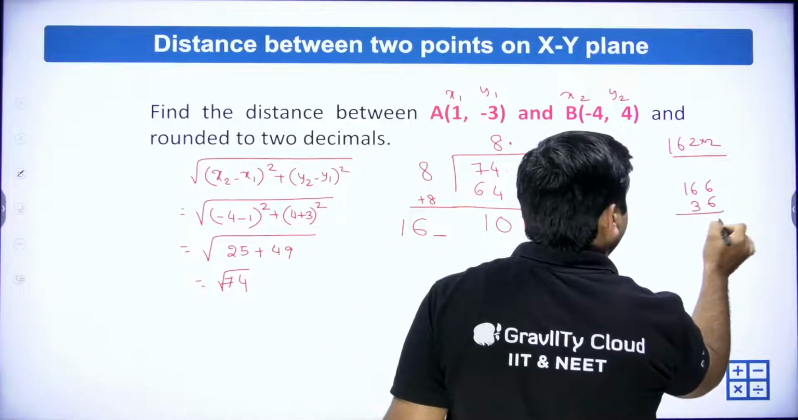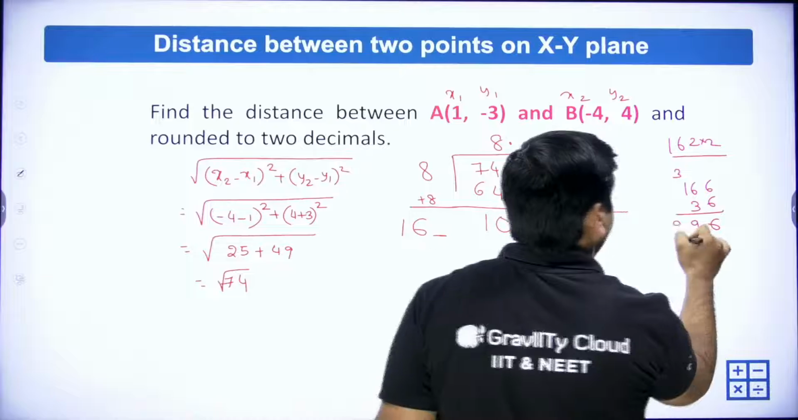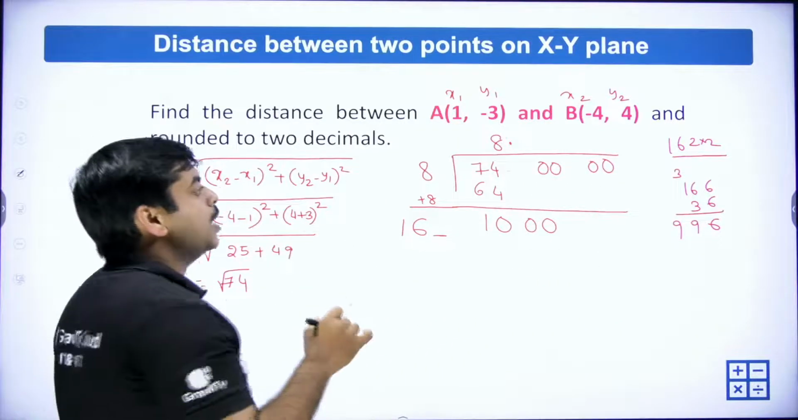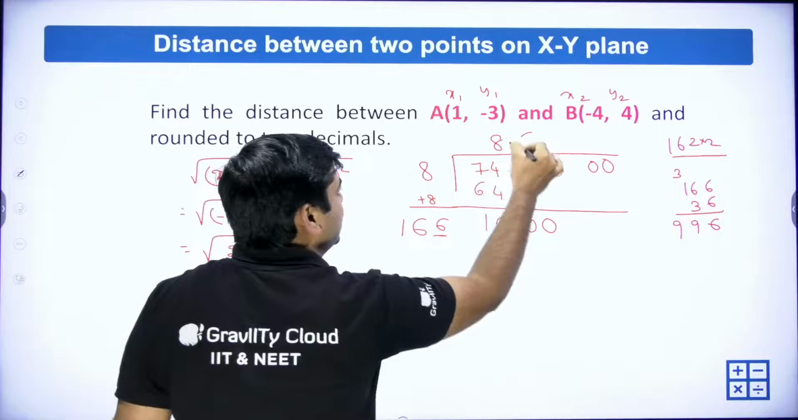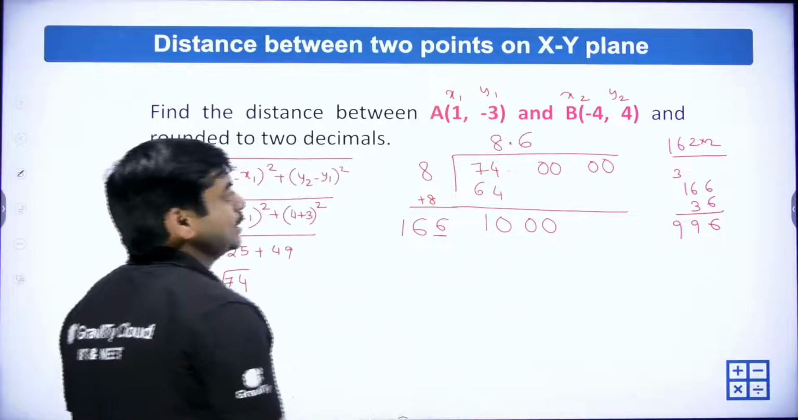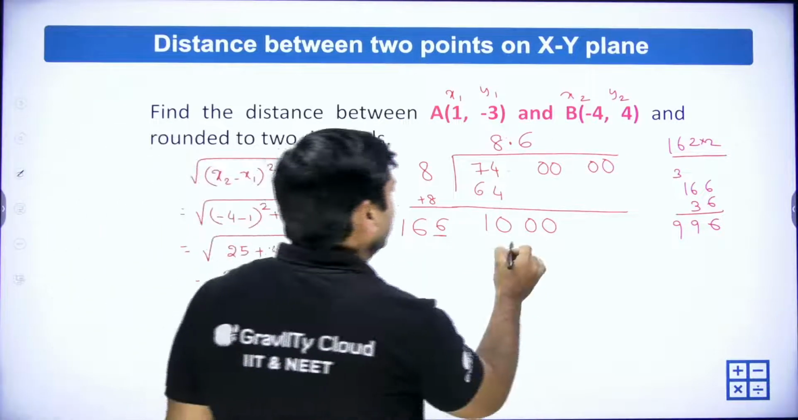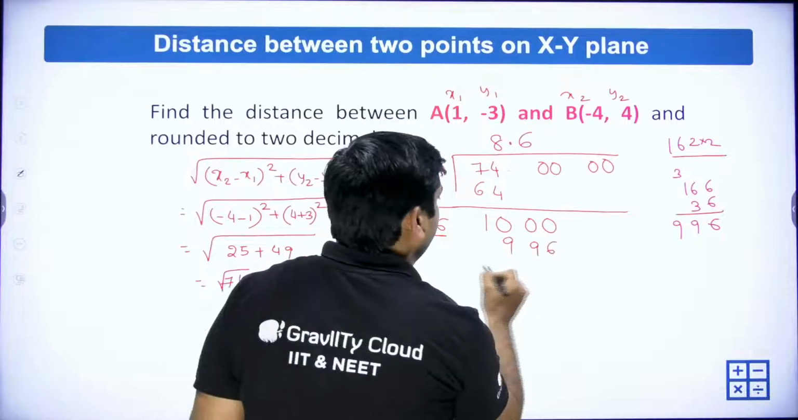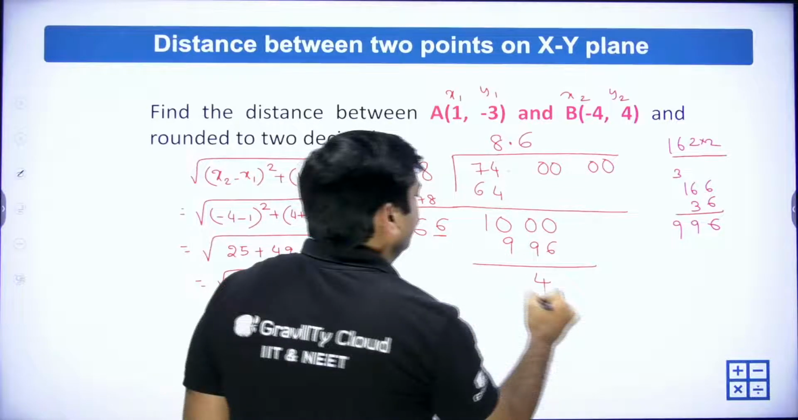6 6s are 36, 6 1 6 7 8 9. That is very near to 1000, right? So 166 into 6 will give you 996. Now you need to bring more zeros, double it down. You still need more zeros because it's already 166 here. So now add the same 6 to this one. As we have added 6 here, add the same 6 here, we get